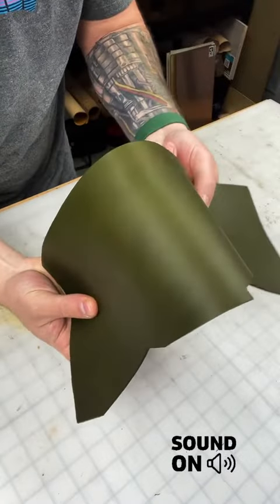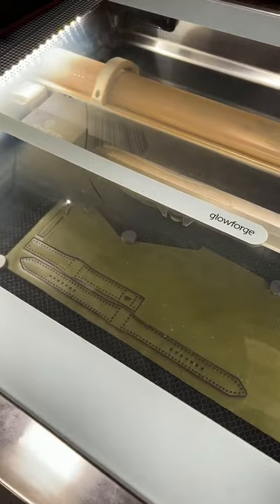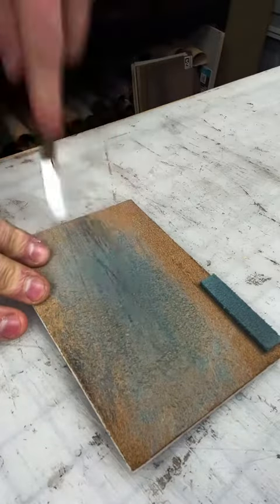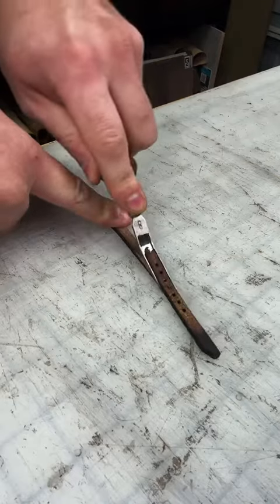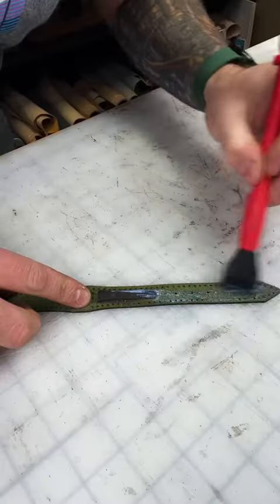What do you say we make an Apple Watch band out of this beautiful olive green Minerva full grain Italian leather? Now I use my Glowforge to laser cut everything, including the stitching holes, and then the first thing I'm going to do is sharpen my skiving knife. This skiving knife I'm going to use to skive down that interior padding, and I use belt leather for this